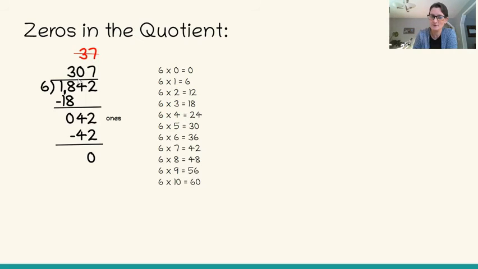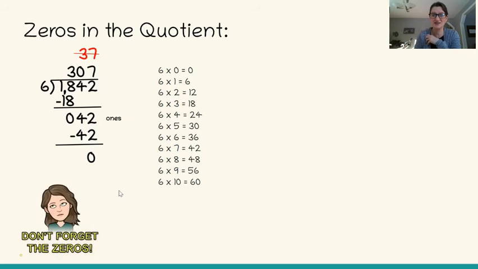We need the 0 in the tens place so that we don't get all our places and our values muddled up. Okay, just the same way we talked about in our addition and subtraction units and multiplication units, we need that 0 there to hold that tens place, even if it's just to say there were 0 tens. Okay, don't forget the zeros. So if there's nothing, you can't do it, put a 0 up the top. Okay, let's look at question 4,